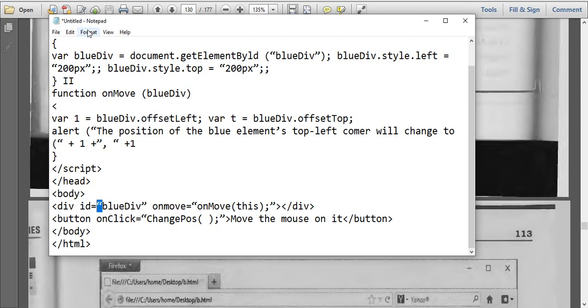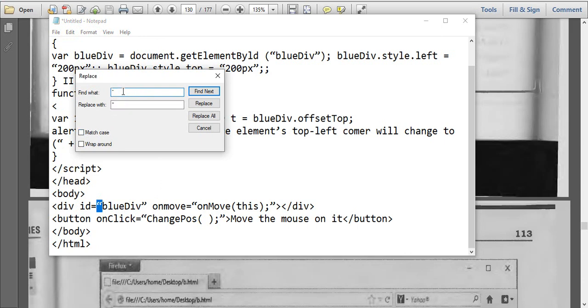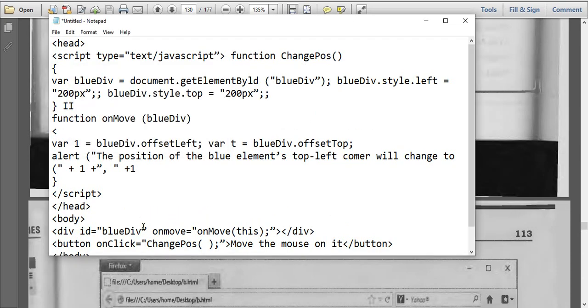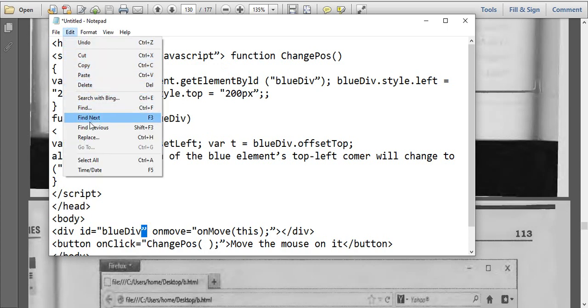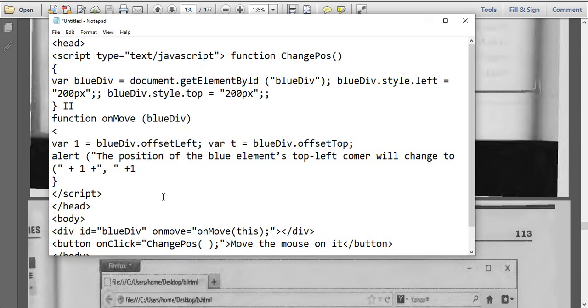Control C, replace with this, replace all. In the same way, Control C, edit, replace all. Okay, done. Everything has been replaced.